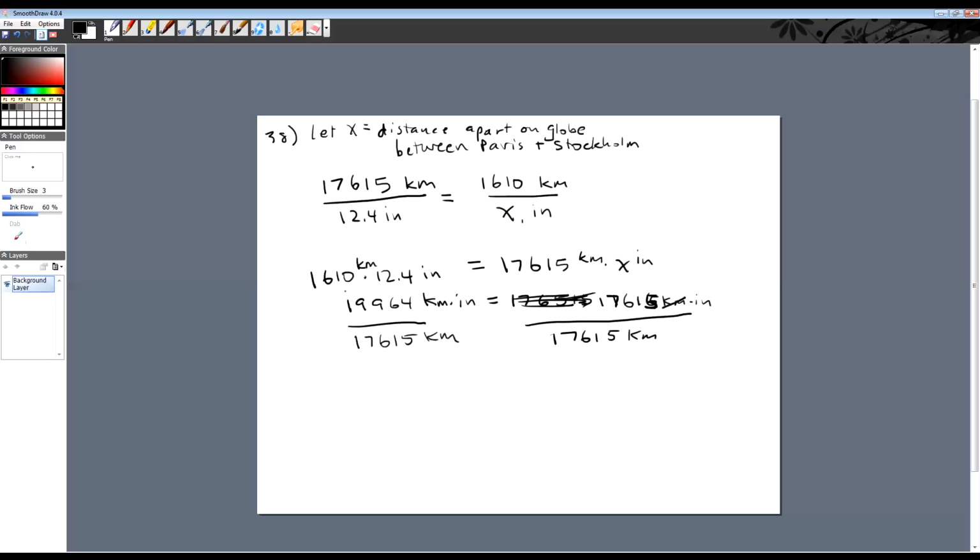Now, the kilometer part will cancel out. 17,615 cancels out because any number divided by itself is 1. Kilometers cancel out over here, and what you're left with is inches. So 19,964 divided by 17,615 gives us